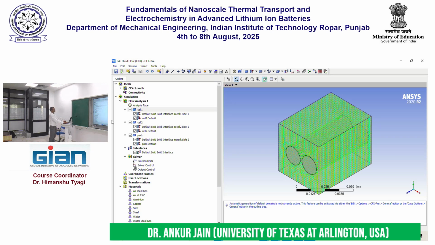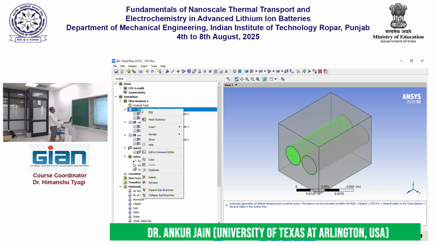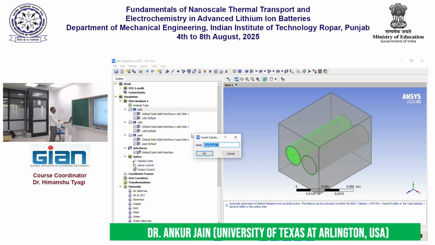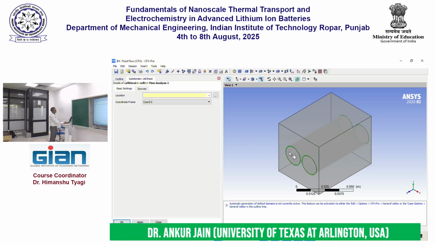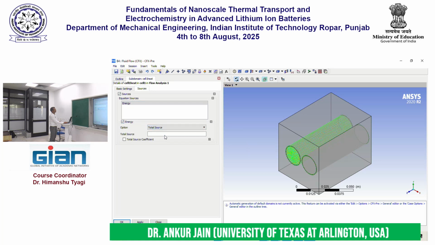All right. So then there is going to be heat generation in this body. So I need to go to cell 1 and I need to insert a subdomain, and I'll call it cell 1 heat. And this is the entire cell itself, and in this there is a heat source, a total heat source of certain number of watts, right? So let's just say 50 watts of heat occurs here,